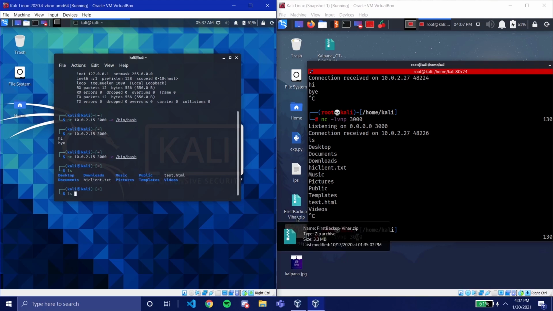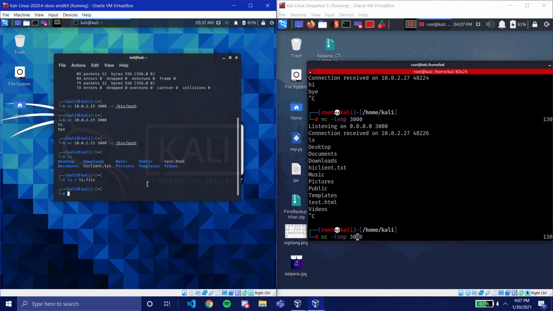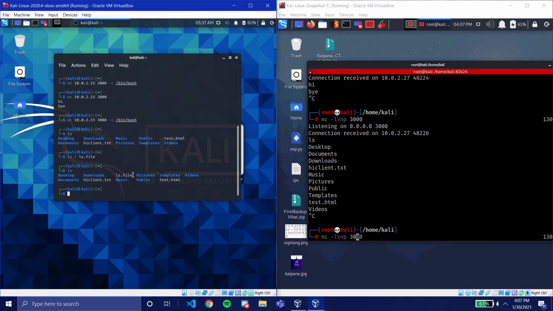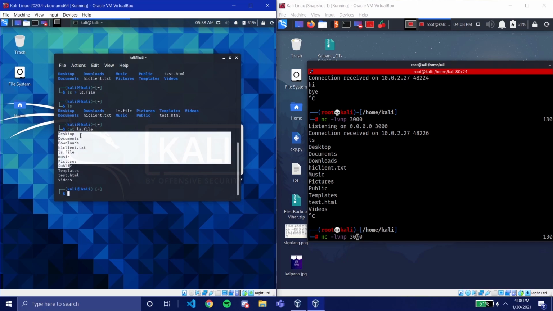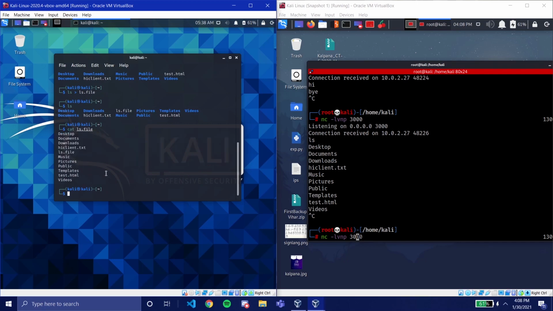So for that, we do something called output redirection. That is the greater than symbol we're using here, and the file name where it should be saved. So ls.file maybe. Name it anything, because Linux doesn't care about file extensions. Now you see there's a new file called ls.file, and using the cat command, if I list that file, yeah, now you see it has the contents of what the ls command executed.